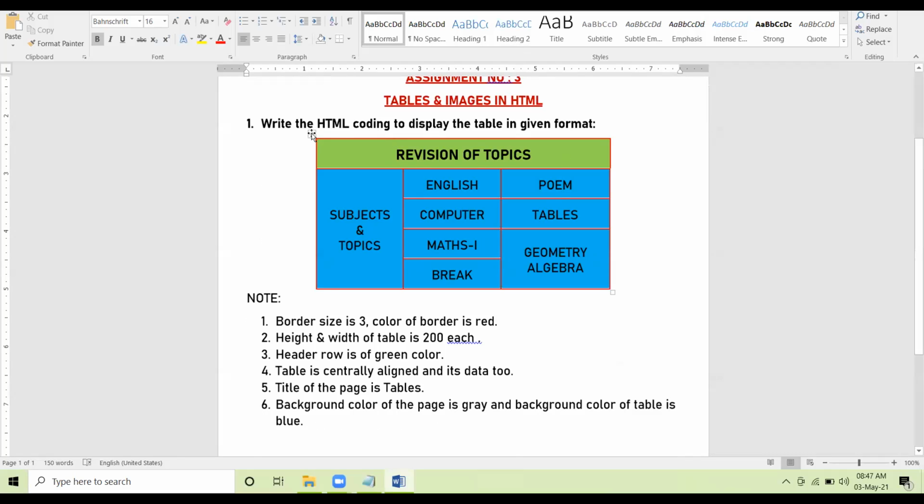So let us discuss the coding of this table now. Here, the way the colors have been shown in the table, the same I expect. And you have to follow all the instructions given over here. Right? So let us create the coding of this table.